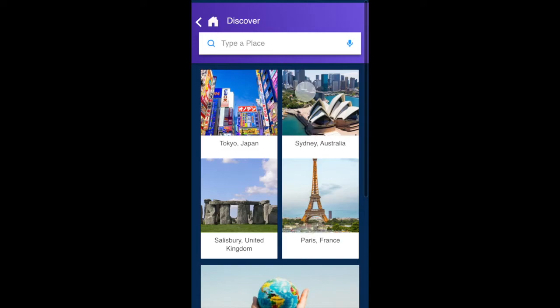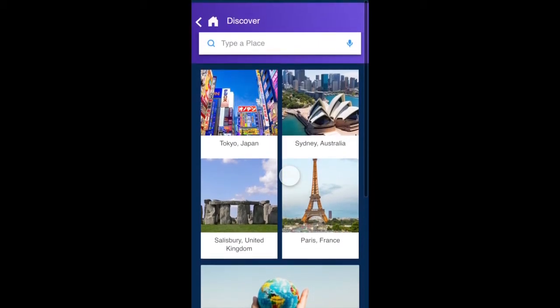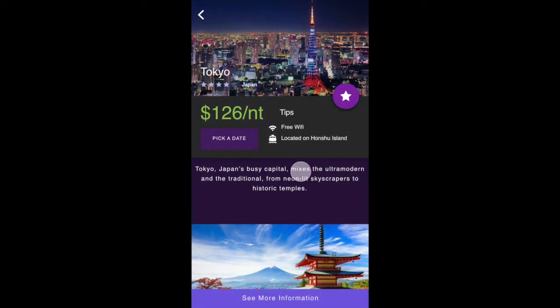This is the main Discover page, and it has all the different locations that they can travel to and an article about how to find the best vacation destinations. They can use this search bar to type in a place and they can discover it that way. And for example, they can click on Tokyo, Japan, and this will present them a screen of information about